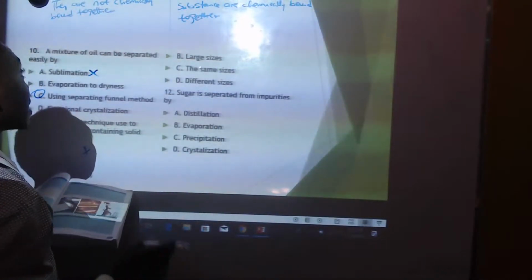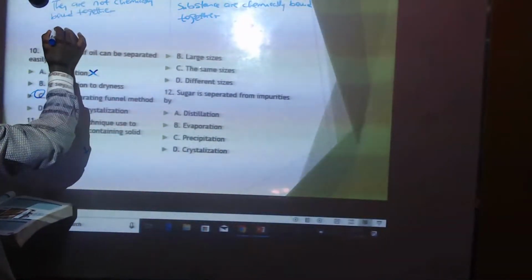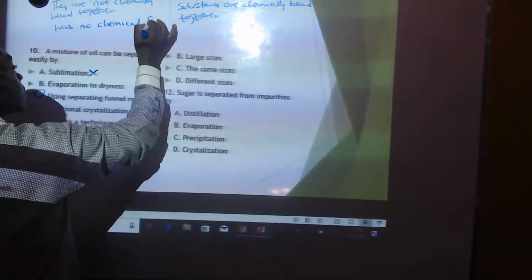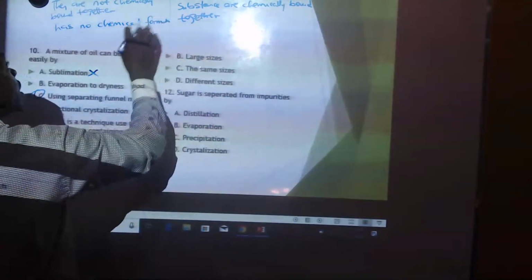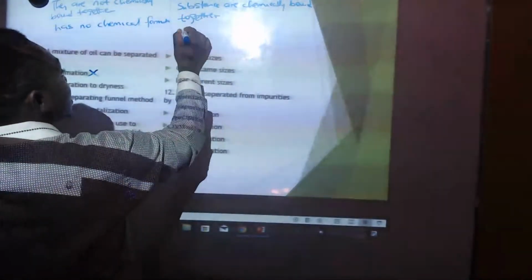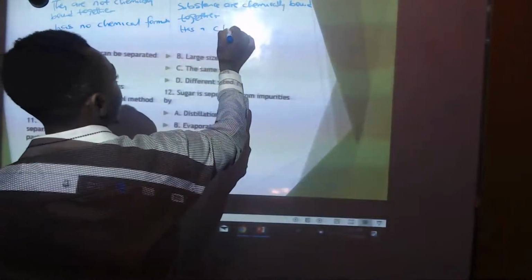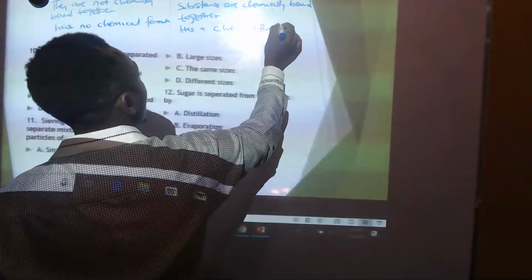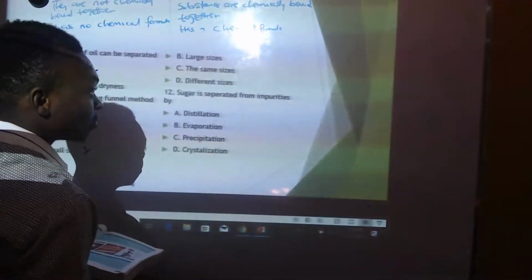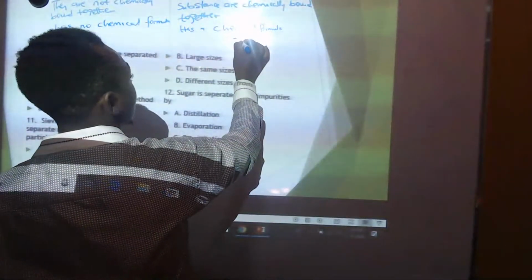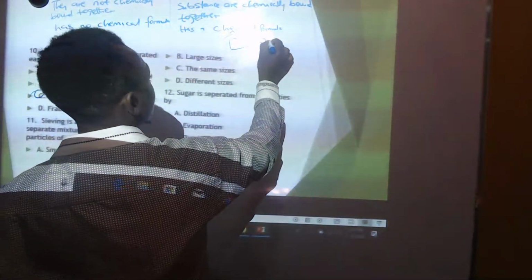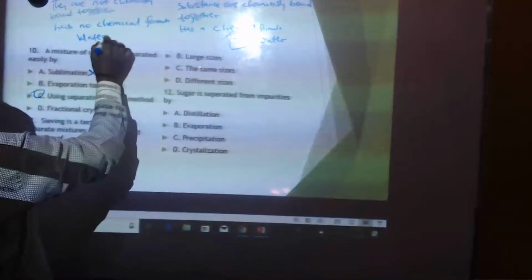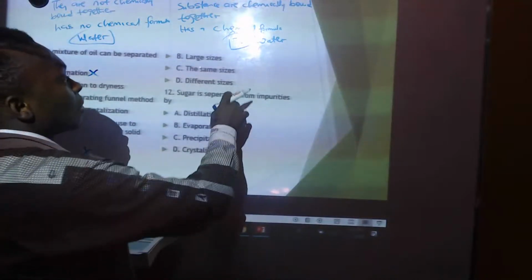A mixture cannot be represented by a chemical formula. A mixture has no chemical formula. A compound has a chemical formula. Once you talk of chemical formula, talk of the formula that you can use to represent a compound. For example, you have water. If you talk of mixture, water is just water; there is no chemical formula for water in a mixture. But in a compound,